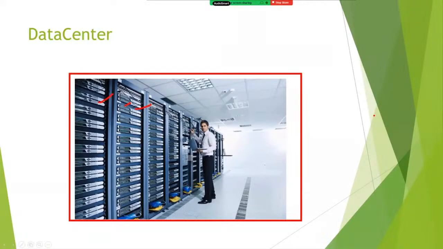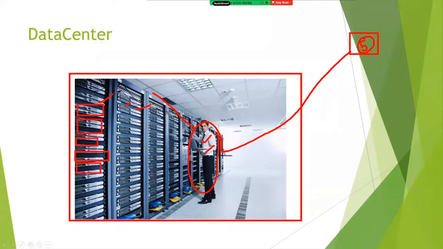For example, assume that you are working in the TCS organization. You got one new project where we would like to deploy 5 virtual machines. What will we do? First step, we submit the request to the data center team. The data center team will rack the space, like 5 servers, they will rack 5 spaces.